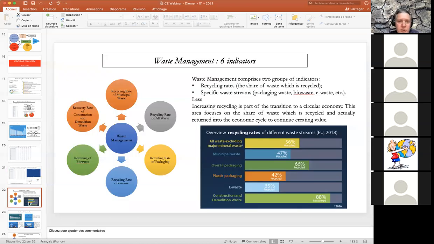If we go to the manage topic, which is the second topic of these indicators, you have 6 indicators. Most of them are really focused on recycling rates or specific waste streams. I mean packaging, plastic, for example. We talked about this about 1 month ago, bio-waste, e-waste. And coming back to my first discussion, it means we are really engaged in the principle that we have to recycle most of the materials. I still believe we have to do this, but it's one way. We cannot focus only on this aspect.